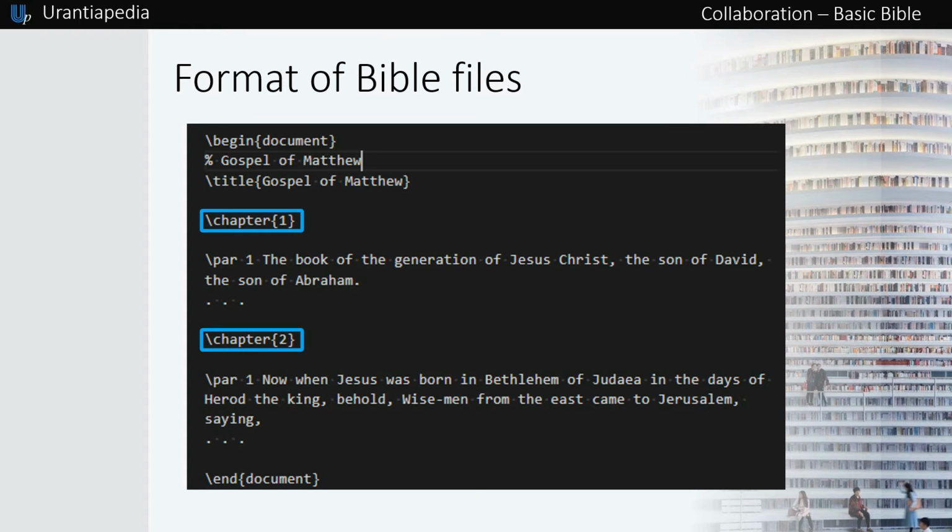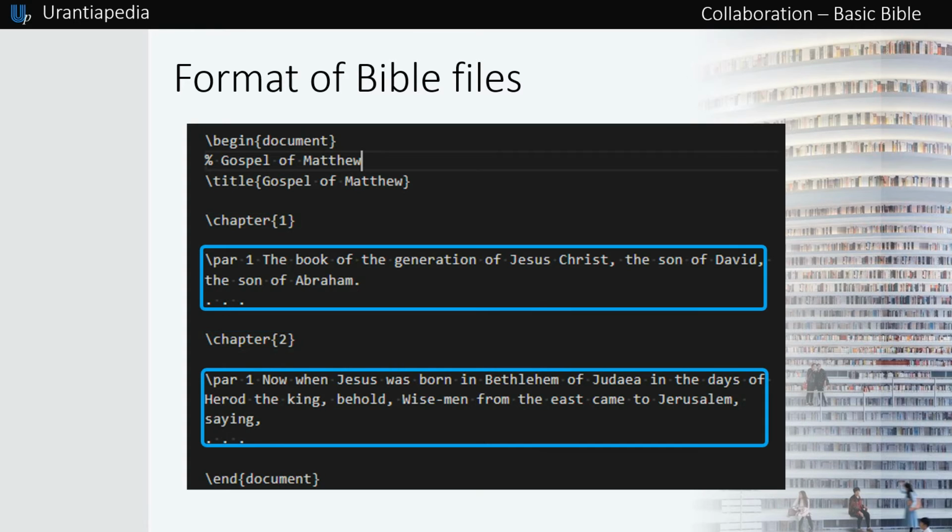After a section or after a chapter, if there are no sections, verses will be placed, each one starting with the command \par and then separated with a space the verse number and then separated with a space the content.